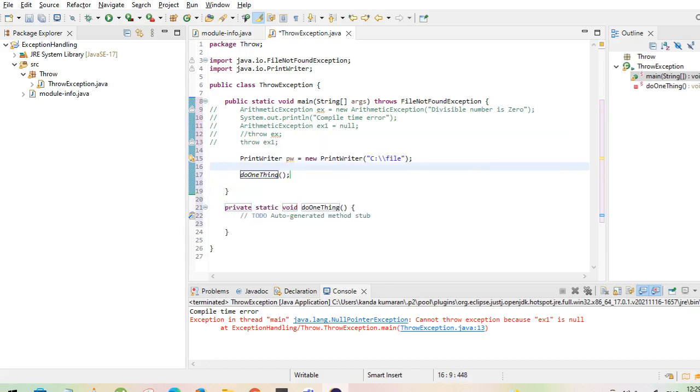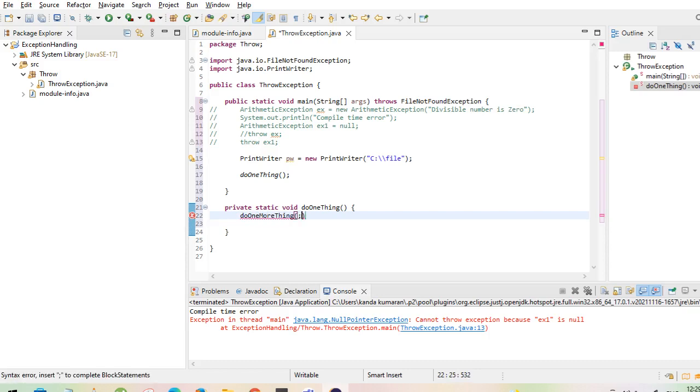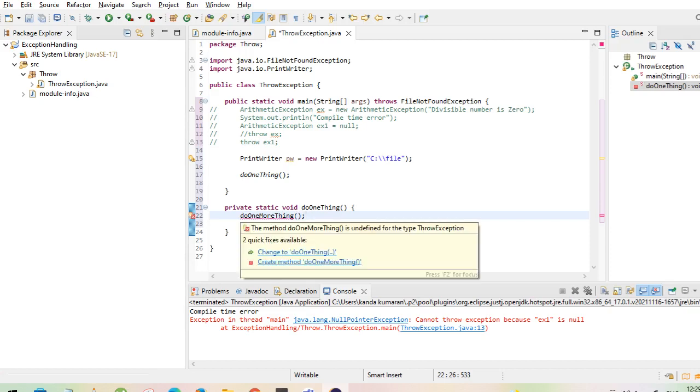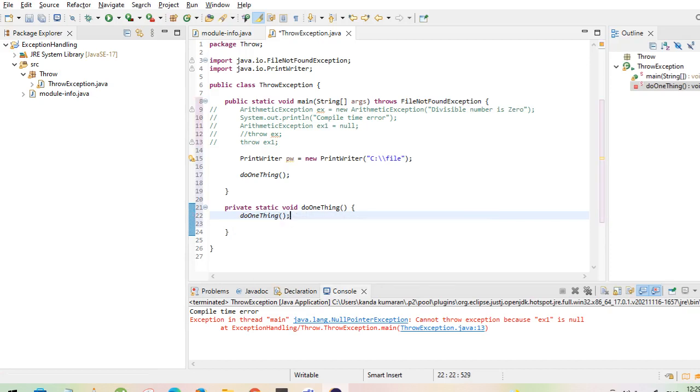Here I am creating one more method. I am hovering, and it will create the method. Sorry. We need to create one more method, right?